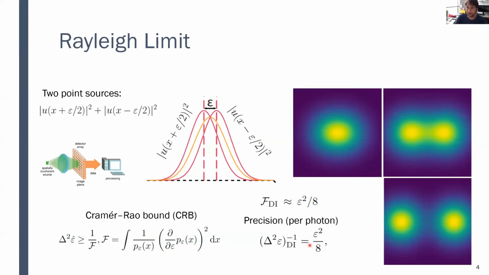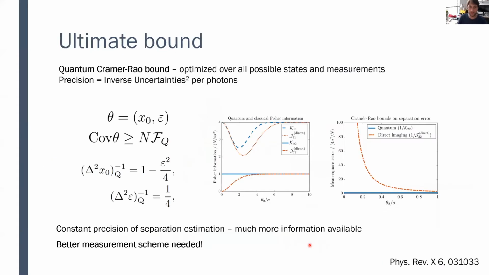So for low separations, we have almost no information about precision, and this is often termed the Rayleigh's curse. So now we see that, for example, here for low separations, those are the plots from one of the works that have considered the Rayleigh limit in this context theoretically, but the main